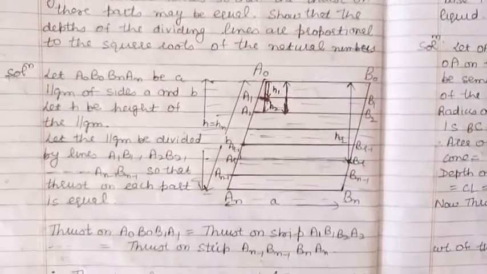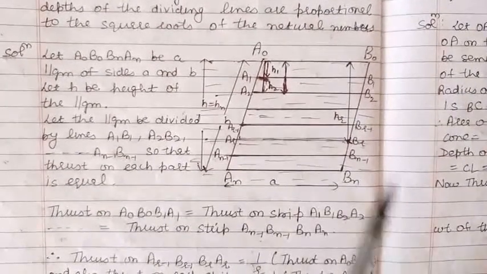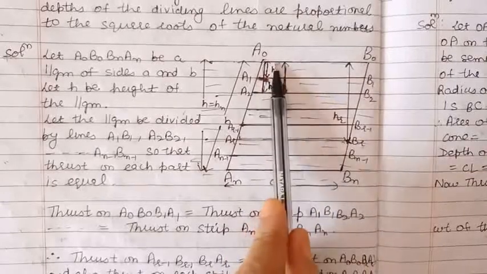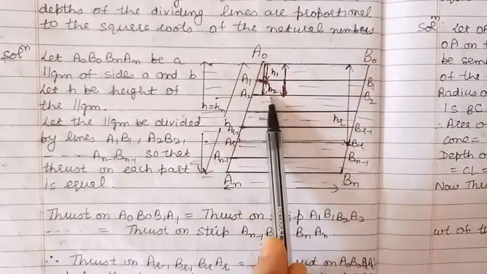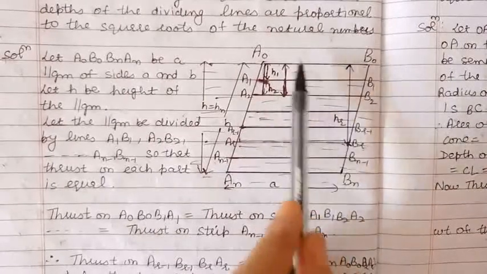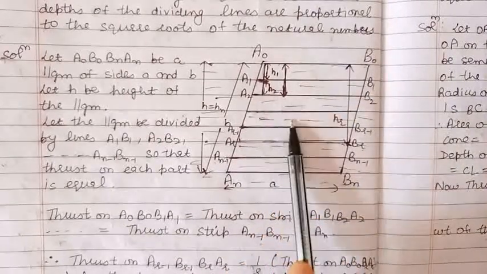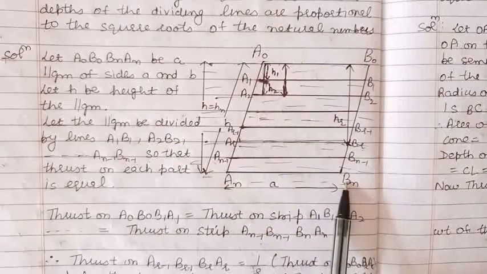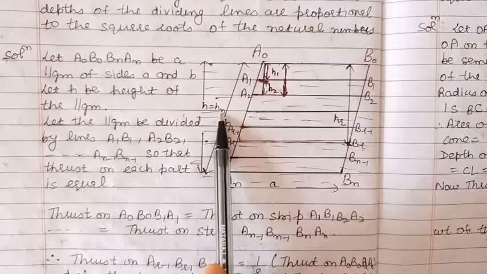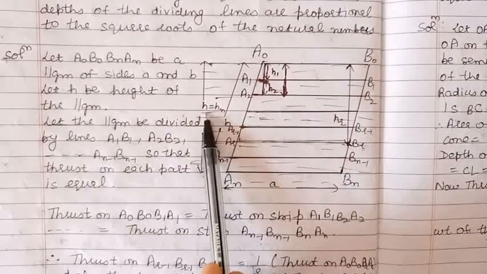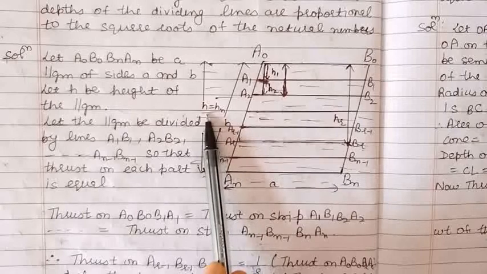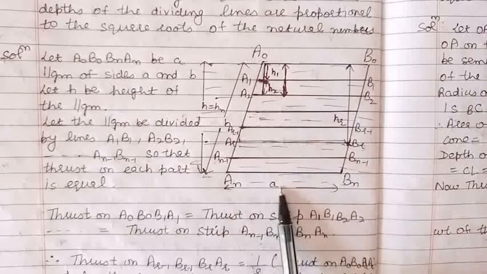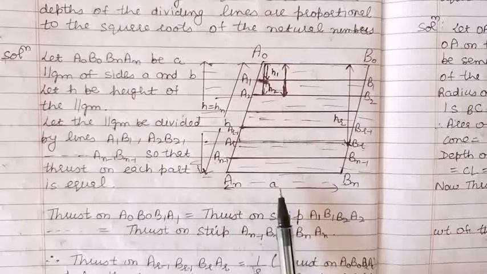Now, let us take H1 as the depth of the line A1, B1 from the free surface. H2 is the depth of the line A2, B2 from the free surface. Continuing like this, in general, the depth of the line An, Bn from the free surface we have taken as Hn. Hn is the same as H, the height of the parallelogram. So we are to prove that these H1, H2, H3 up to Hn are proportional to the square root of